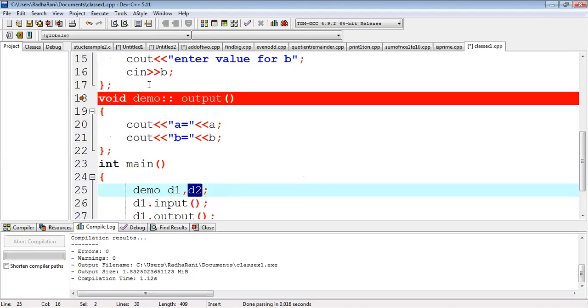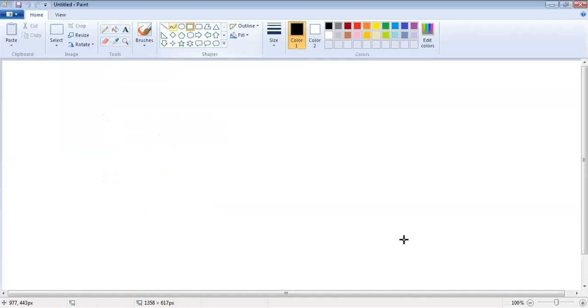Now I will show the memory allocation in the paint. One minute. Are you able to see the paint now? Yes. So how will the memory be allocated?